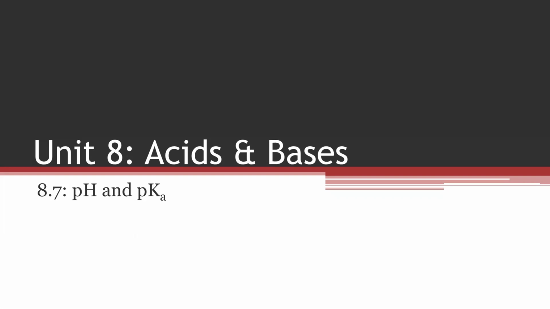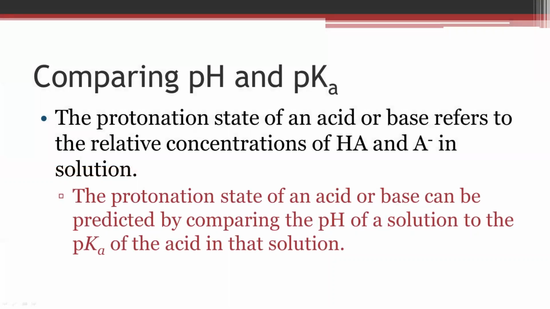We have talked about pKa, Ka, and their relationship a little bit so far in Unit 8, and we're going to look at that more closely in this section. So the protonation state, I think that's how you say that, I really don't know, of an acid or base refers to the relative concentrations of the acid and the conjugate base in solution. So this word that I'm having a hard time pronouncing, the protonation